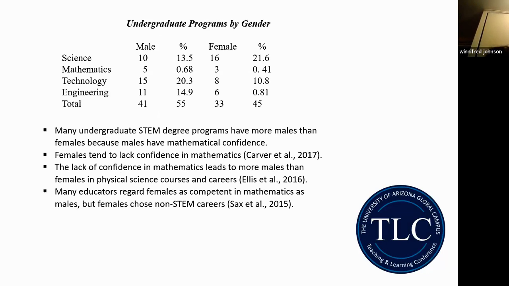Undergraduate programs by gender. Many undergraduate STEM degree programs have more males than females because males have mathematics confidence. Females tend to lack confidence in mathematics, based on Carver. The lack of confidence in mathematics leads to more males than females in physical science courses and careers, based on